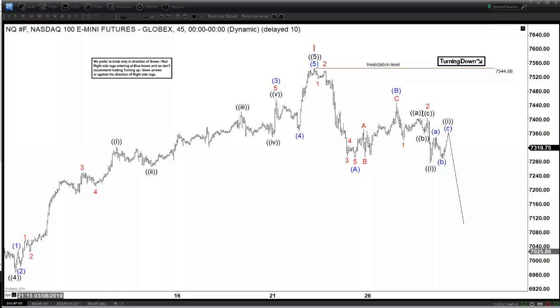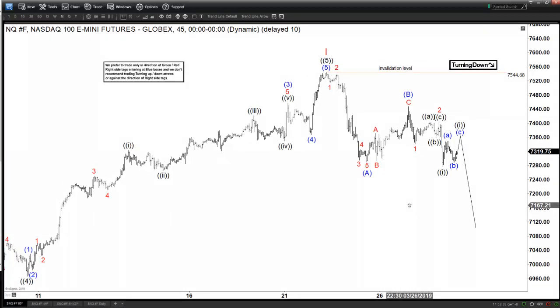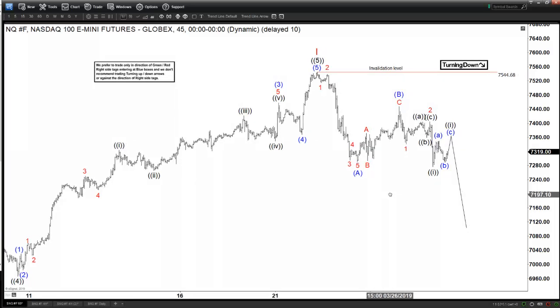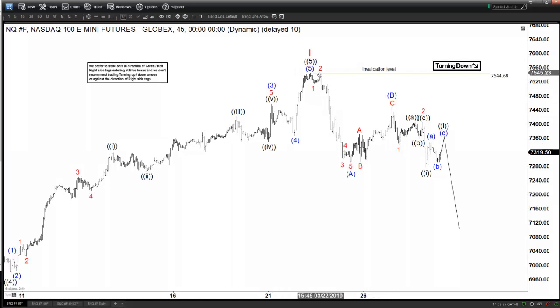So my name is Henry Lau, and today is March 28, 2019 on Thursday, and the time is 3 a.m. GMT. So today we will be looking at the chart of the Nasdaq. This is a 45 minutes chart. We can see here is a very interesting price action here. Okay, and you can see after topping out at 75.44 on March 22nd, the index starts to